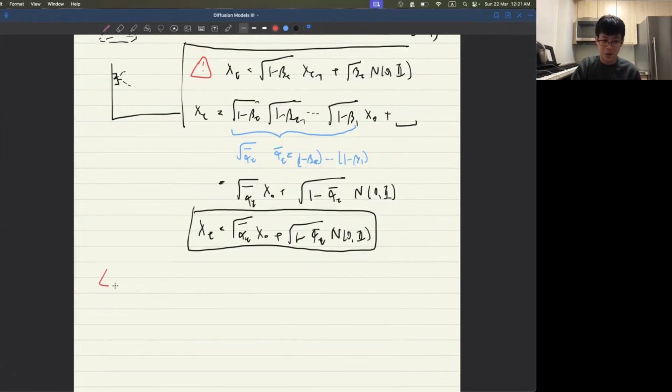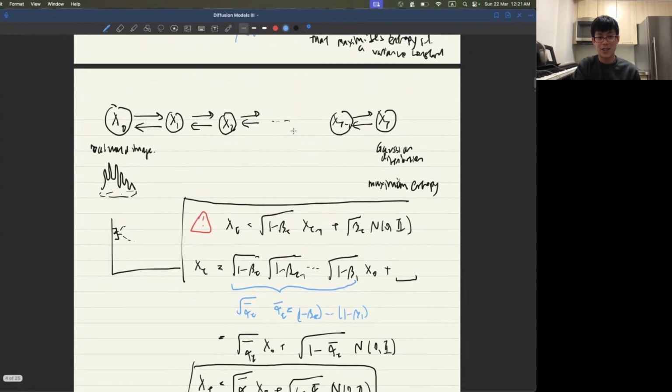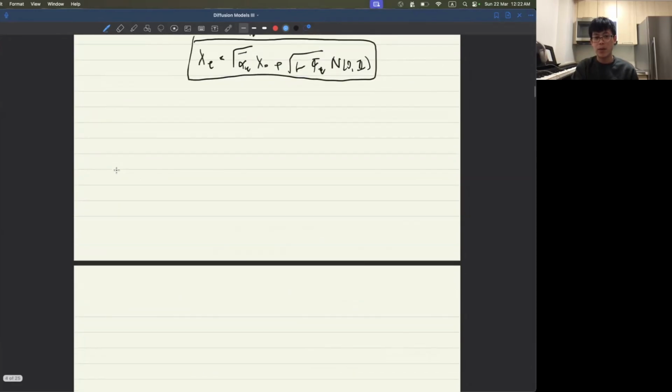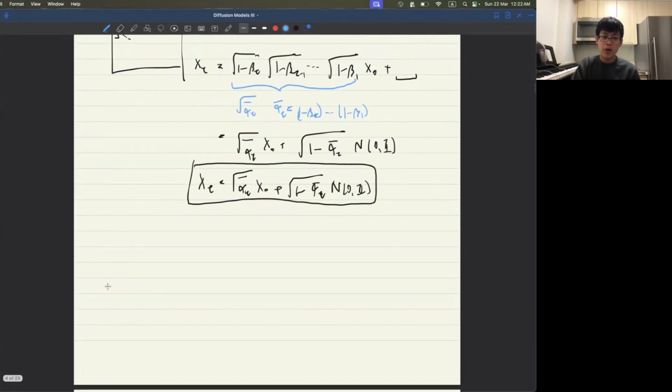One last thing that I want to point out is that I want to talk a bit about this variance schedule. Whenever we get an equation, we should try to get some intuition from it. So what is the intuition over here? Well, xt is the product of square root 1 minus beta t. Let me just go back to this diagram. On one hand, we have the real world image. On the other hand, we have a noisy distribution. We are injecting noise at each step of the way of the forward process. And the goal is that by the end of this t time step, we want to completely or almost completely erode the image. And what does that mean for the variance schedule beta t? Well, there are two things that we want to achieve, right? So for beta t,